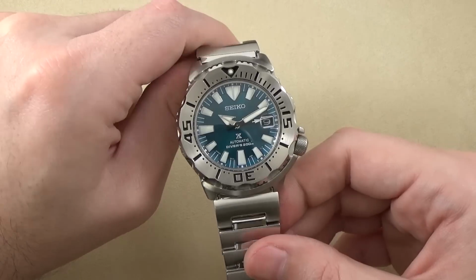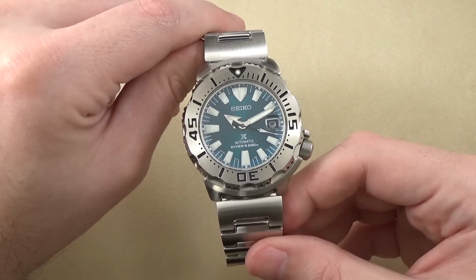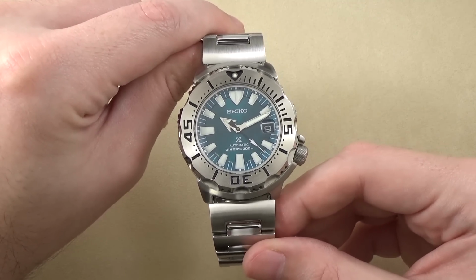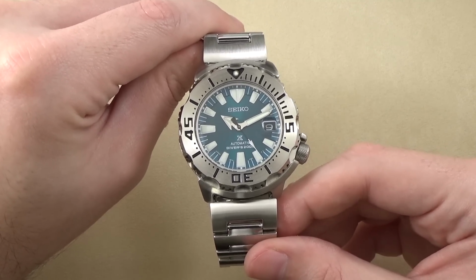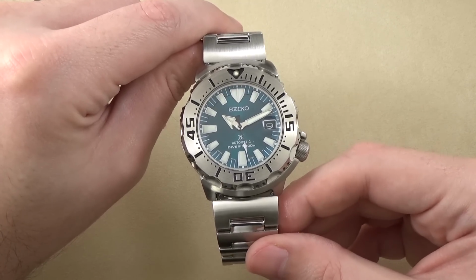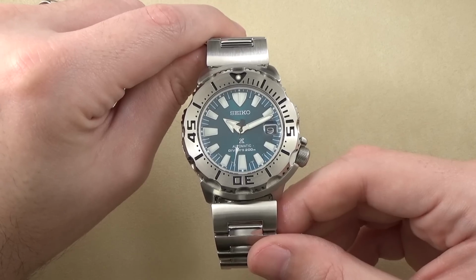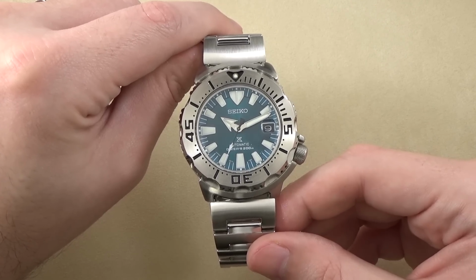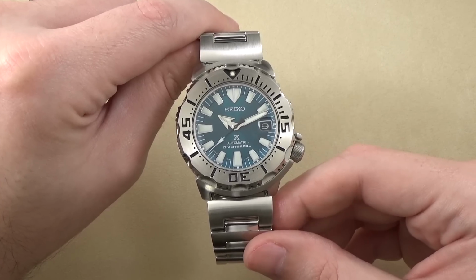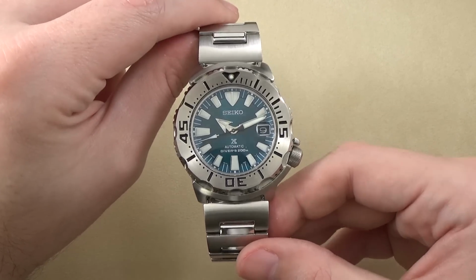It's something that I've spoken about in the past when it comes to Seiko watches. They have been discontinuing great fan-favorite watches over the last couple of years, replacing them with new watches and jacking the prices up, unjustly in my opinion. Now some people might say, well, Seikos were extremely undervalued and now we are paying what they should have been going for all along. You know, there's an argument to be had there, but it doesn't make me any less